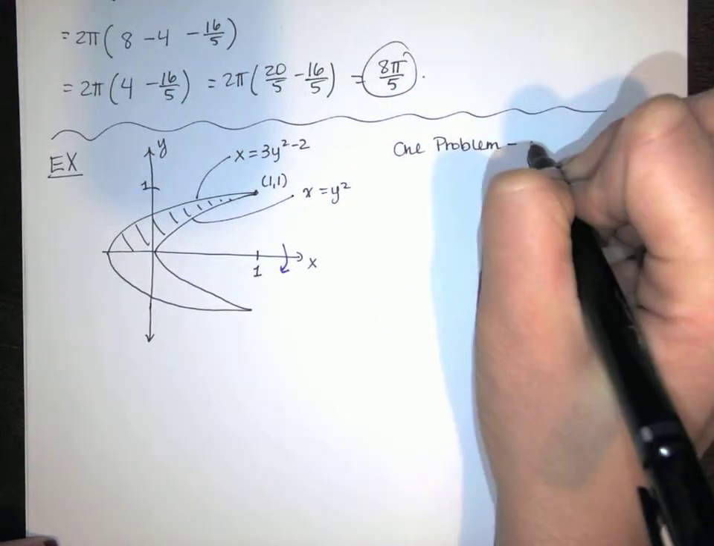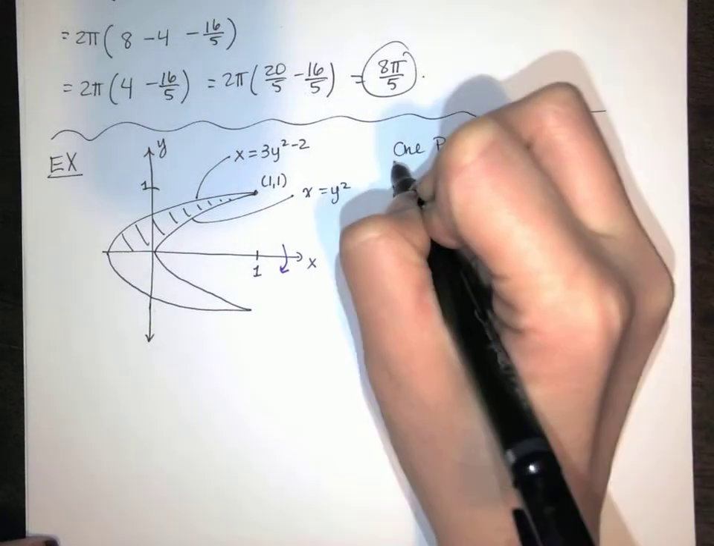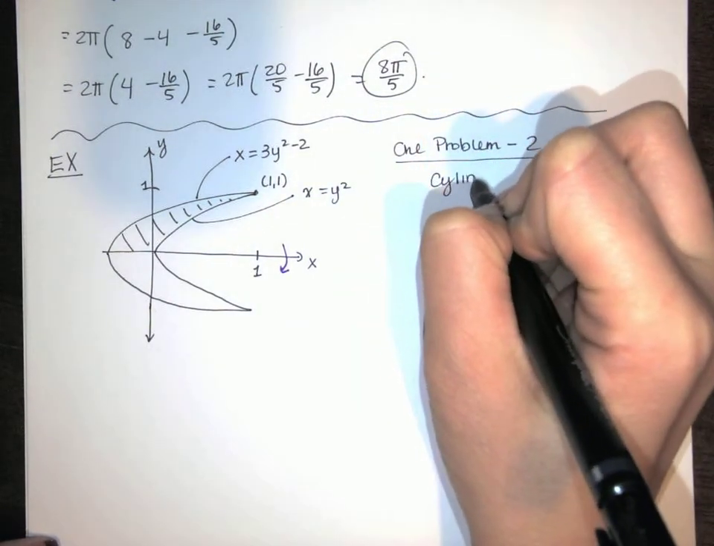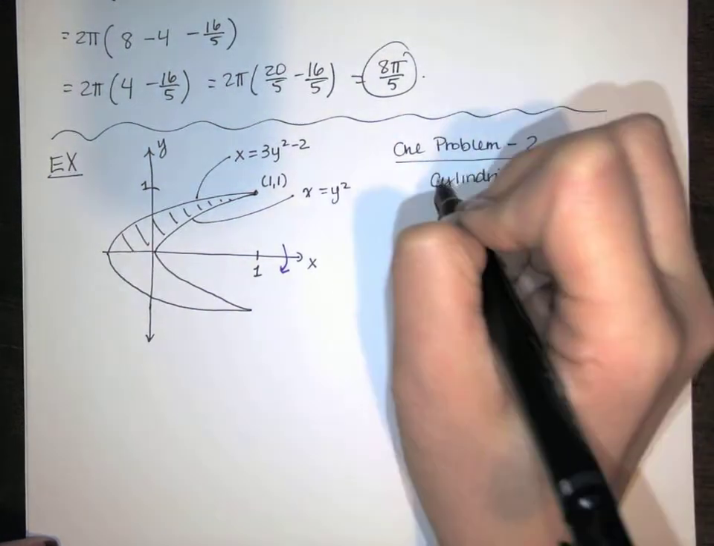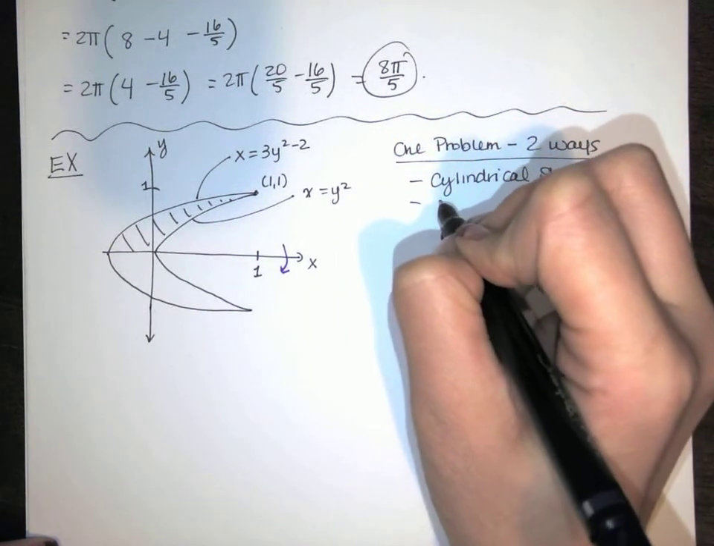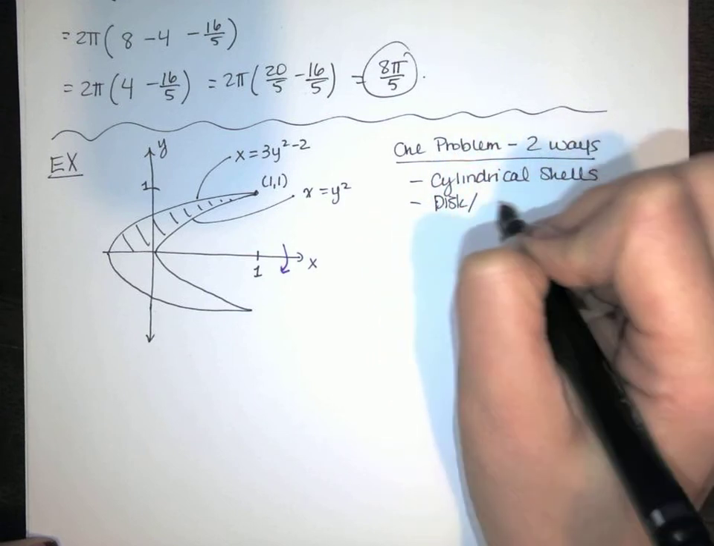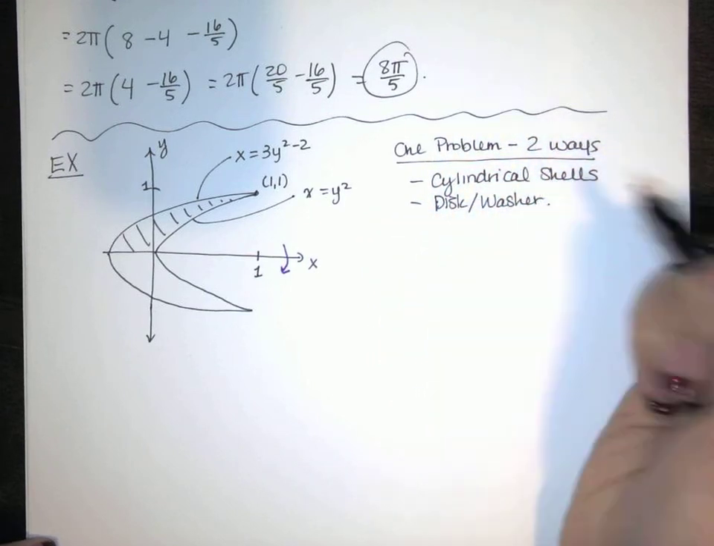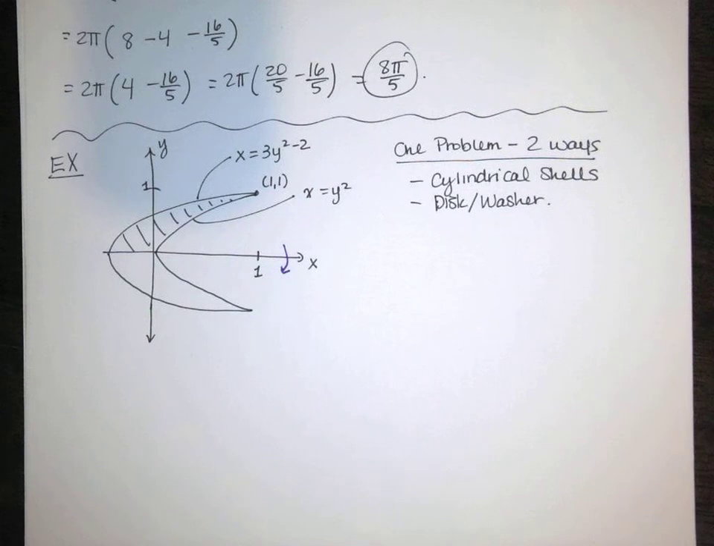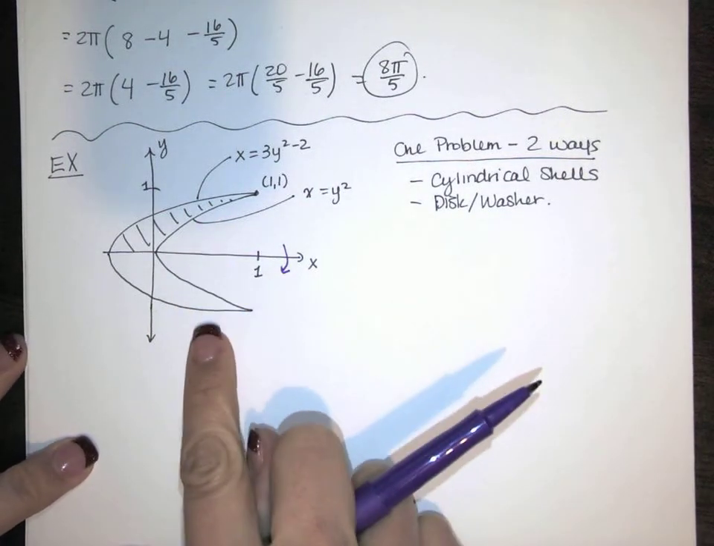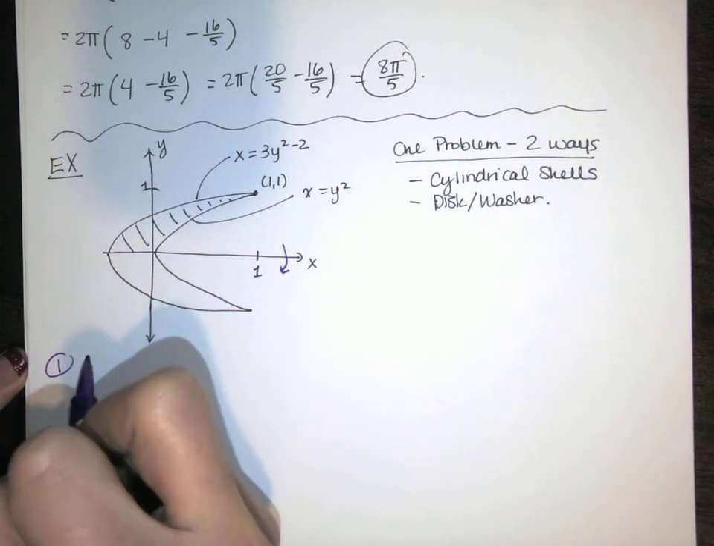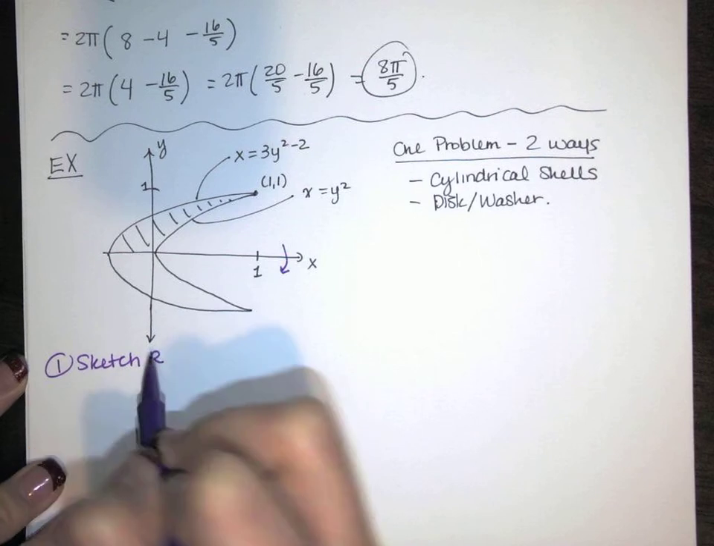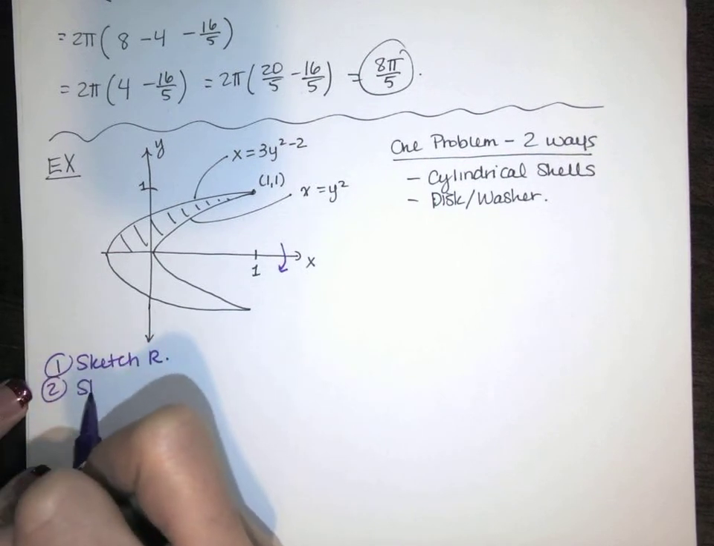So we're going to do this one problem 2 different ways. Once with cylindrical shells and then once with the other method. And that's going to be the disc or washer method. I think it's easier with cylindrical shells, and you'll see why. Okay, so if I'm taking this region and I'm rotating around this axis, we sketch the region, sketch the axis, sketch the reflection,